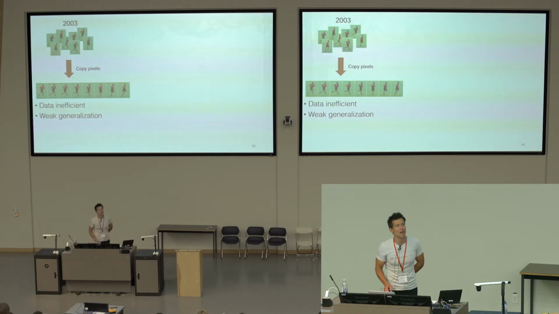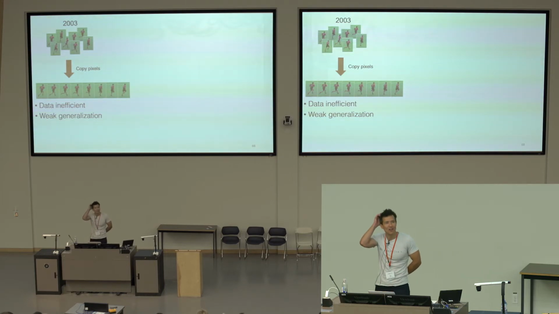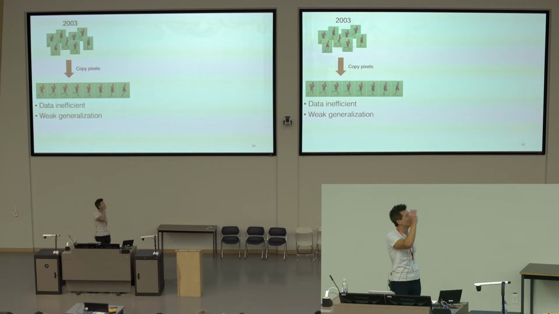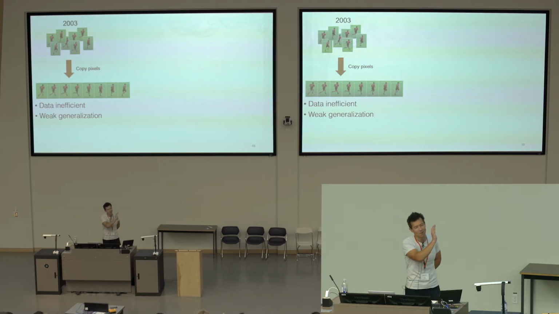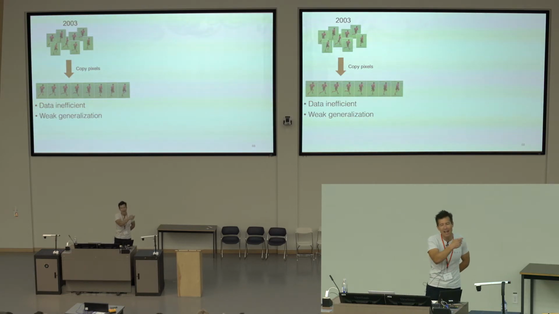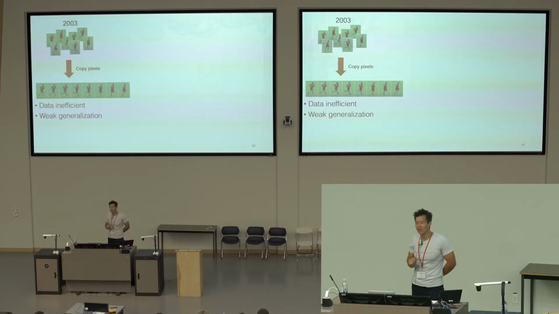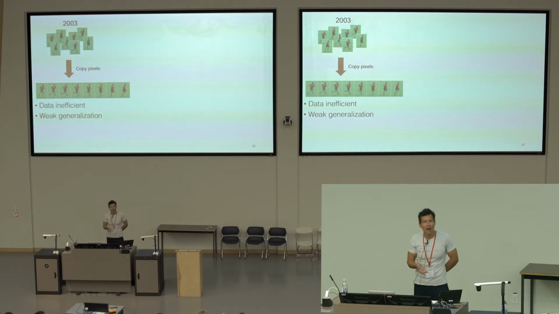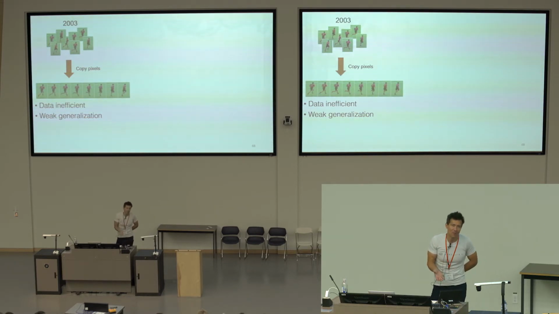Back in 2003, we were doing methods like this and very, very naively just copying pixels. If you wanted to do this kind of generative model, you just wipe somebody out, find a match of a scene that looks like that, and just put that in there. This was okay, but it didn't work very well. It definitely didn't generalize to things you've never seen before. I'm not going to go score a diving header, right?